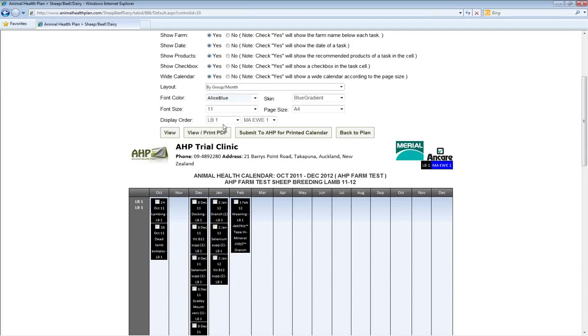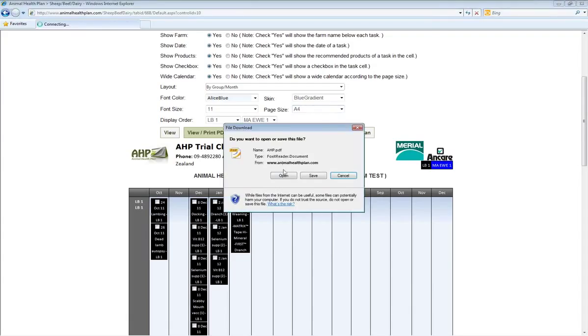So if you've only got a few tasks, you could increase the font to show it easier on one page. If there's a lot of tasks on the page and you can't quite fit it onto one, you can then decrease the font to fit more on there. So if we look at this on an A4 page by going View Print PDF, it will then paint this calendar for us and open it on a PDF viewer to look at. So at the moment, we've printed it to an A4 page, and when we open that,